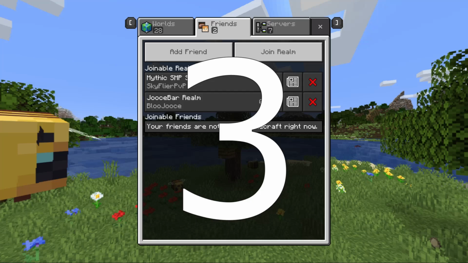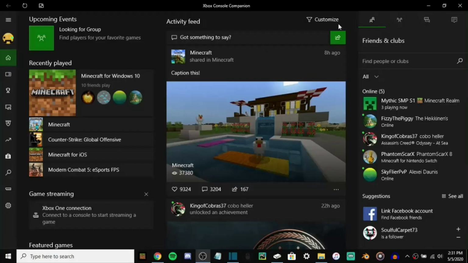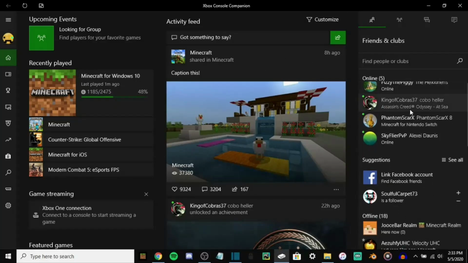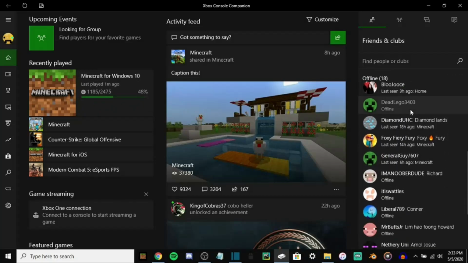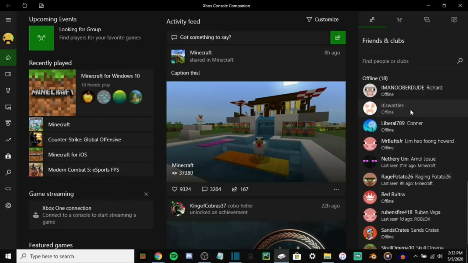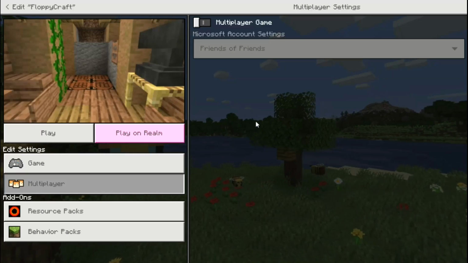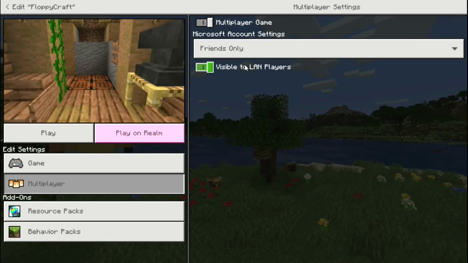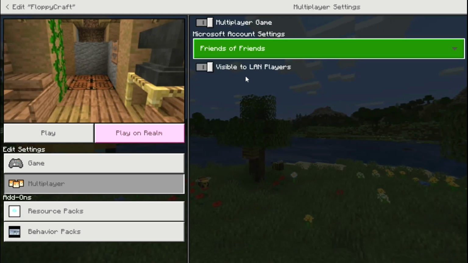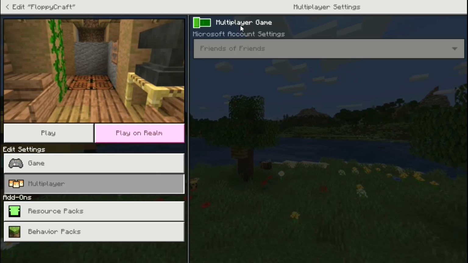Reason number 3 is the easy connection to your friends on Bedrock Edition. The account system that Bedrock uses is an Xbox-based system, so you can play the game with your Xbox account, which is free. And while the game itself isn't free, the Xbox account is, which makes it a lot easier to connect to your friends because you don't have to pay money to buy an account. It's also very likely that you already have an Xbox account if you play any kind of video games at all, so you can connect your Xbox account to your Minecraft game, making it much easier for you to play with friends and making your visibility, status, all those kinds of things a lot easier to handle and manage. You can use Xbox's easy-to-use interface to connect to your friends on all different devices.